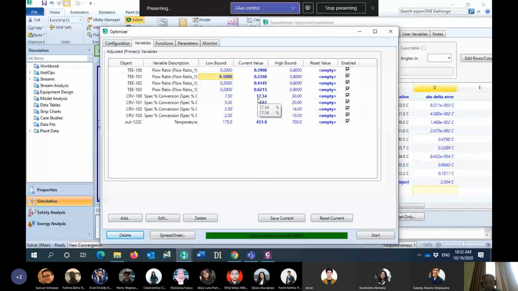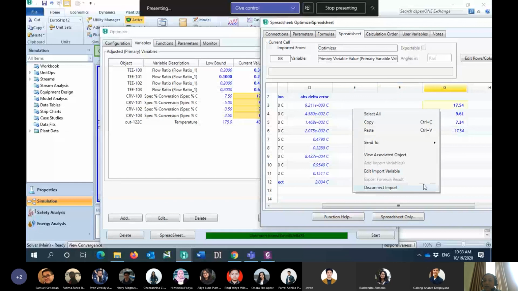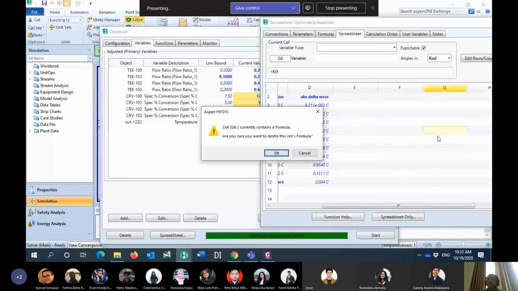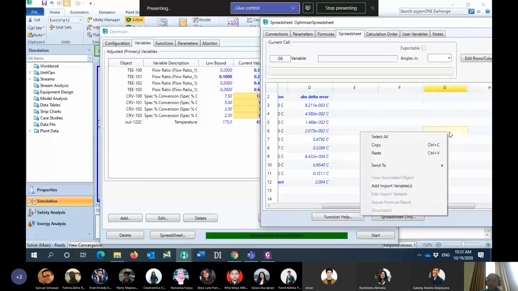So I will copy this one. It should not be connected, I have to disconnect. No problem.